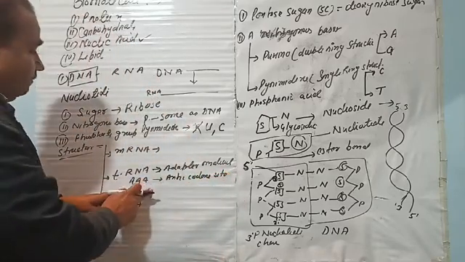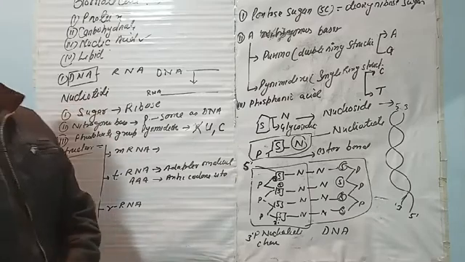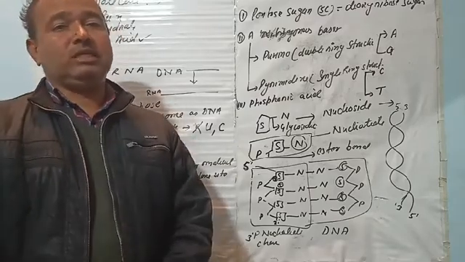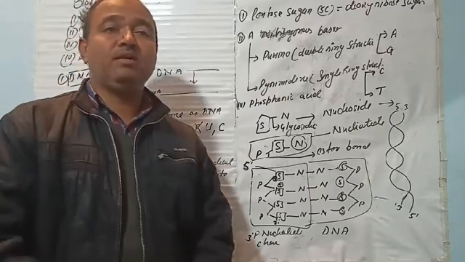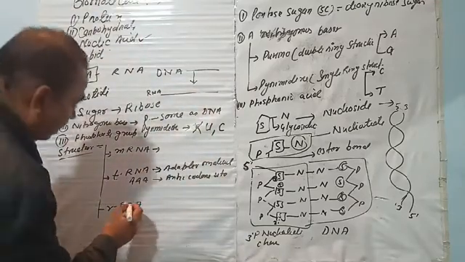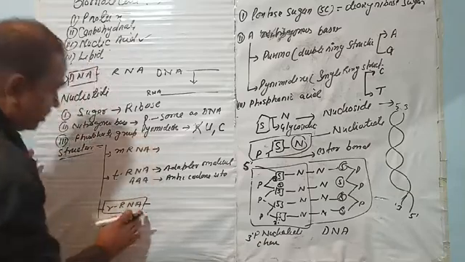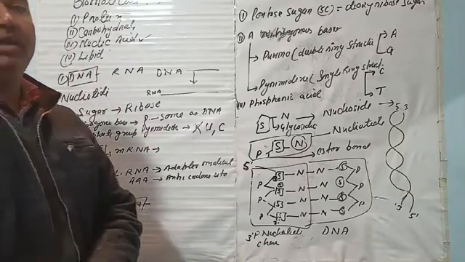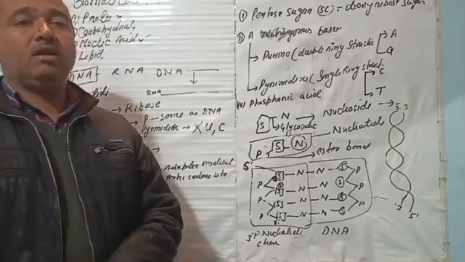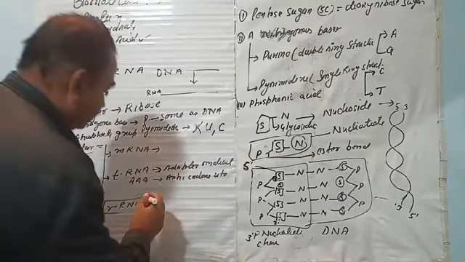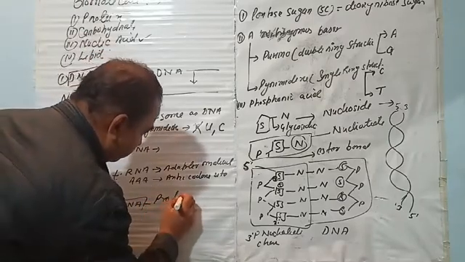So it is helpful for the process of translation or protein synthesis. And the rRNA, also called ribosomal RNA, is the main component that is involved in the process of protein